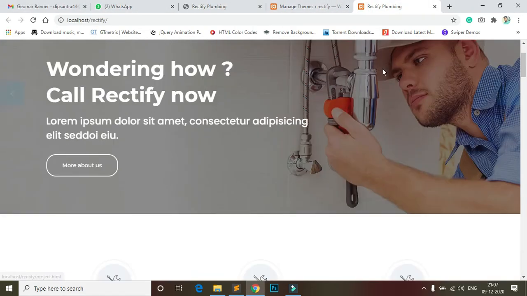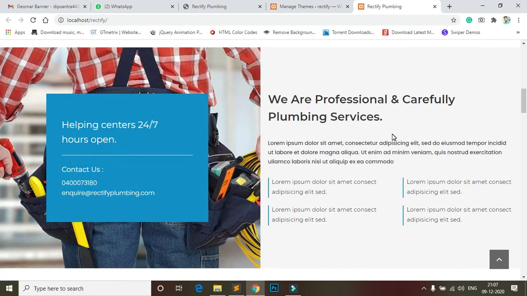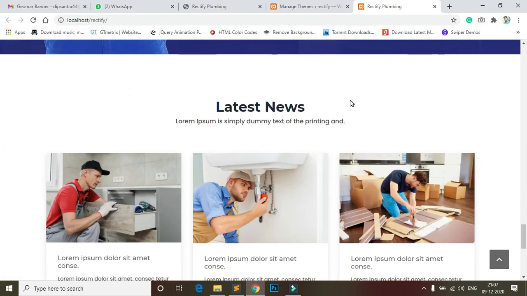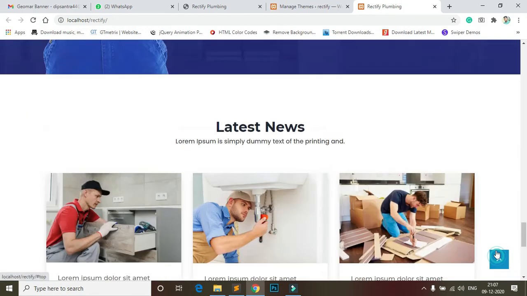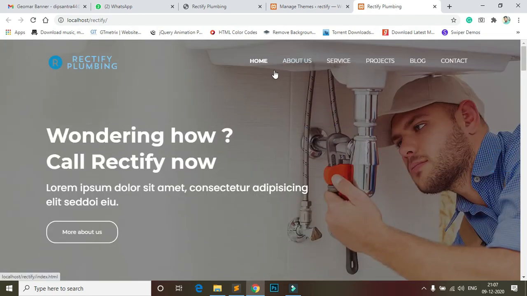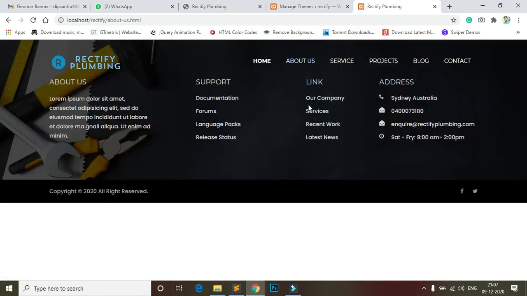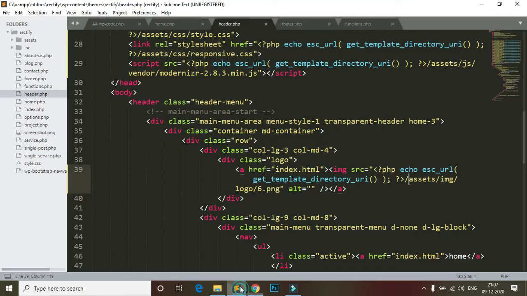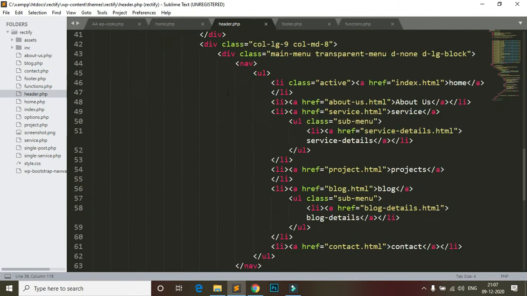Now I configure the HTML in WordPress. So I need to develop the portions or sections, everything I need to develop, but the structure and my setup are fixed. My WordPress setup is complete. So if I click about us page, it's not blank, because here you can see my menu is not dynamic.